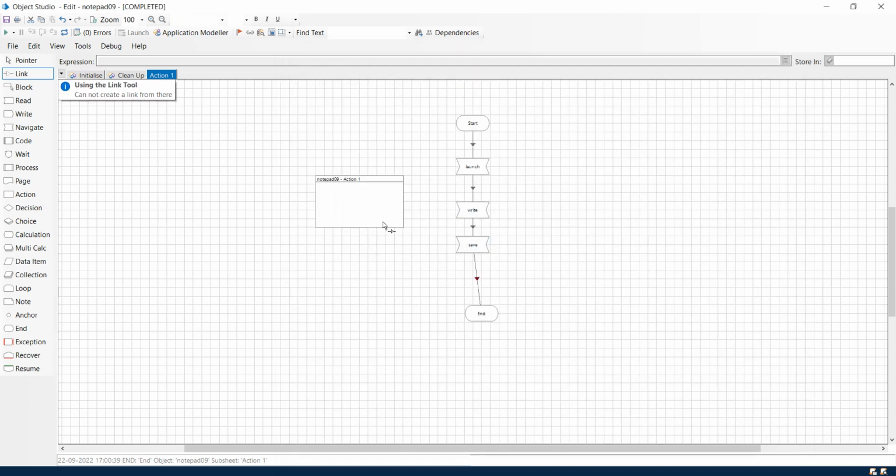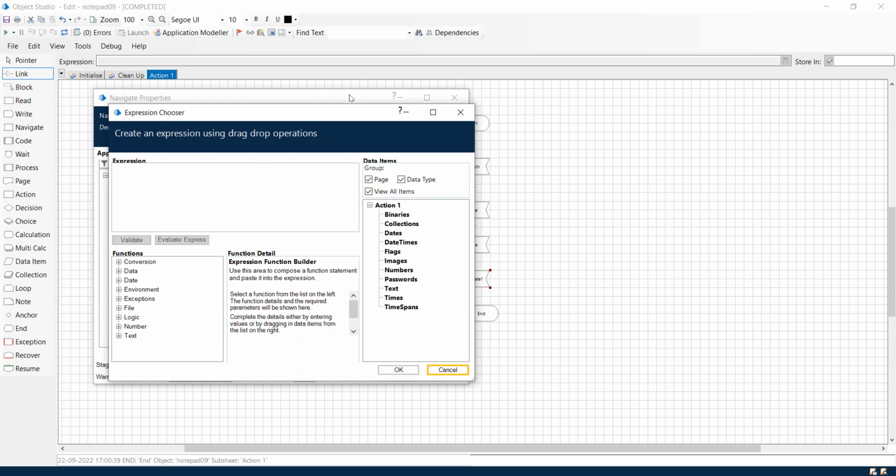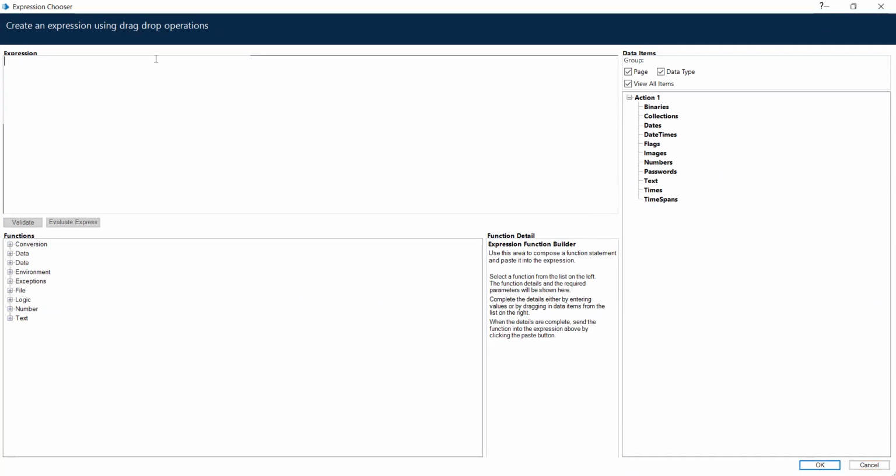Okay, so delete this and use again one navigate stage to give the path. Use this one, global send keys, and here we have to give the path, right? So I am using this one. Whatever you want to give as the name, you can give. Suppose I am giving the name fast track notepad,